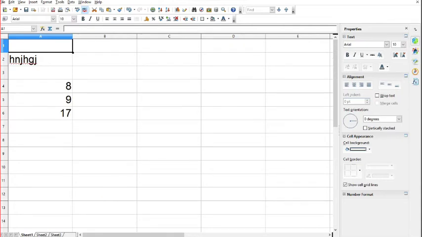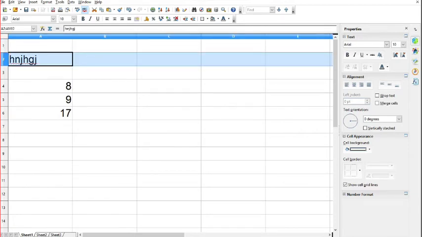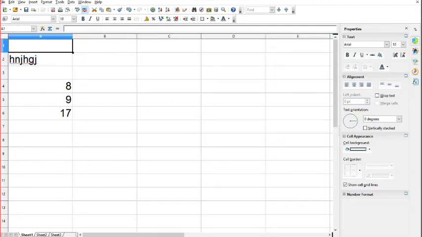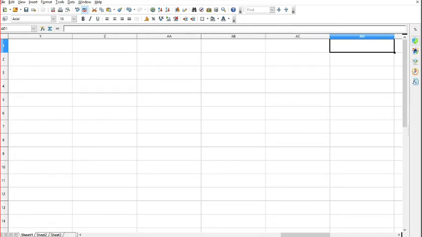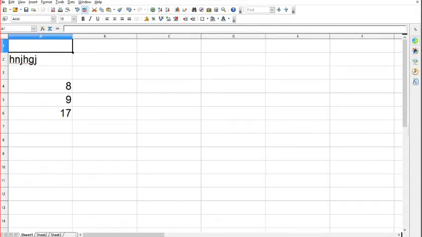Now the second most important component is the row number, which begins with 1, going further 2, 3, 4. This is how the row number begins. Columns are represented by letters. The letters begin with A, B, C, and once it goes to Z, after that you will get the AA column. Right now, suppose I get to the Z column, you can see here X, Y and Z, and then the columns start with AA, then AB, then AC. This will go on.